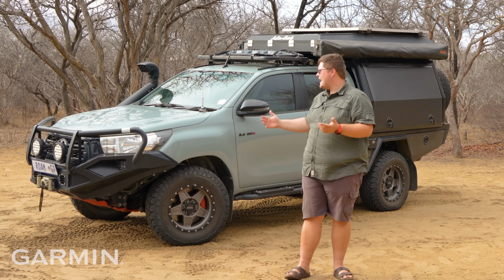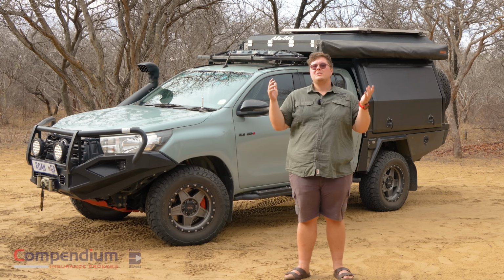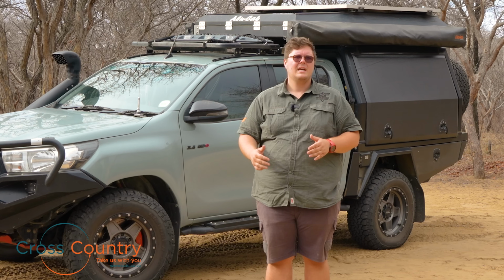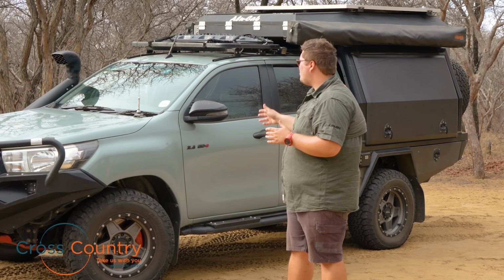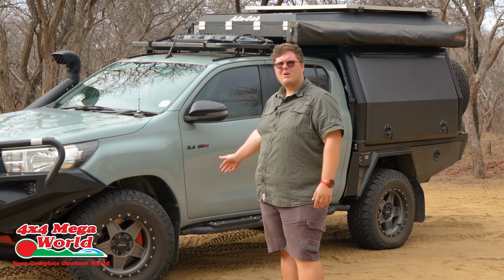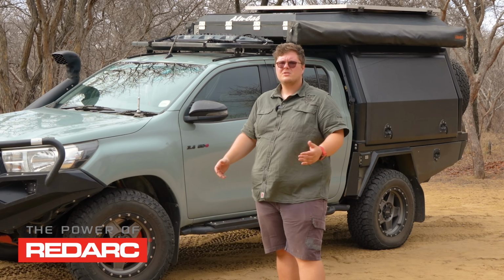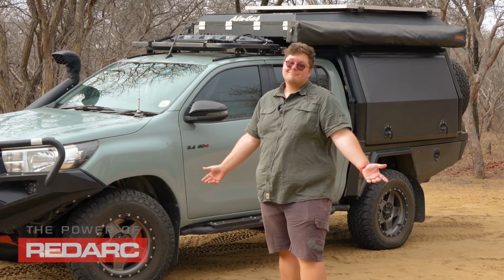And am I actually happy with the vehicle after all of these years? Well, to be honest, I'm actually very happy. I went for a 2.4 automatic GD6. It's got 4x4, it's got a factory rear locking diff, it's incredibly capable off-road, it's smooth running, it's got enough